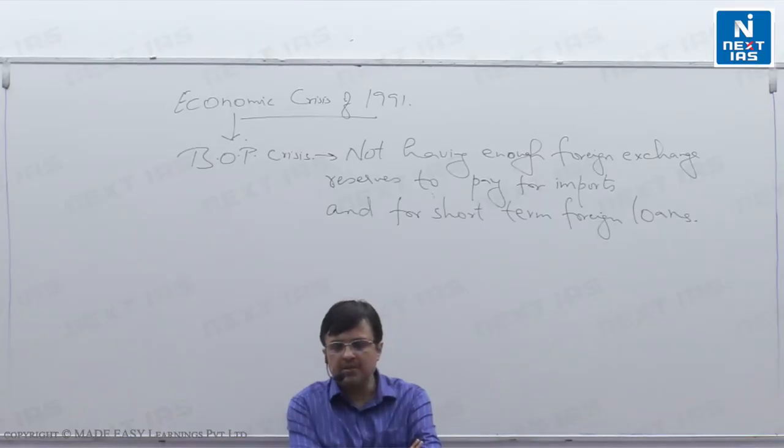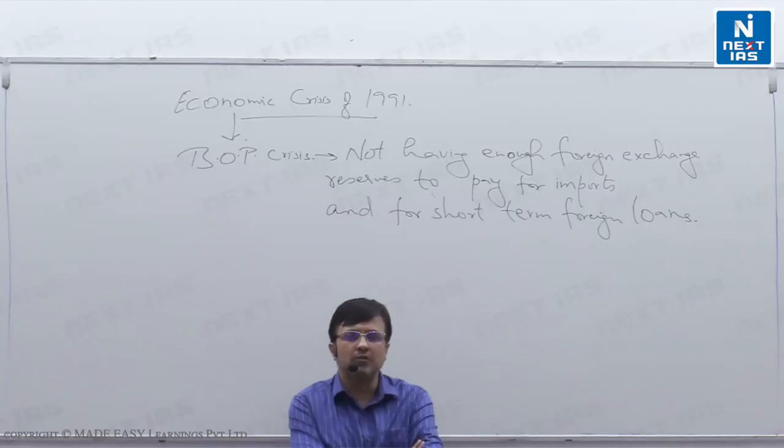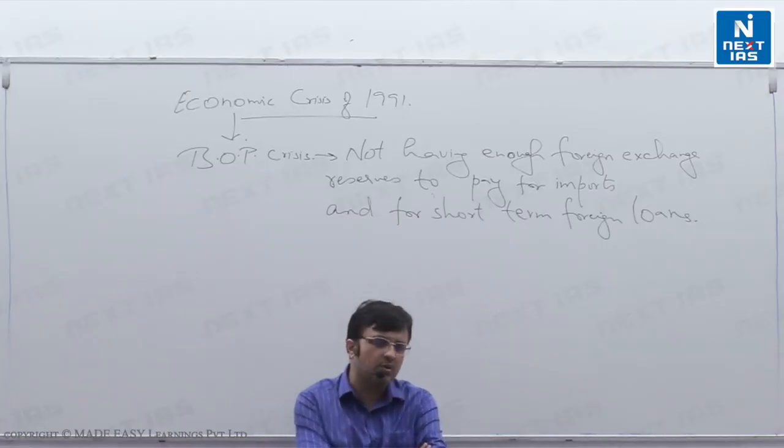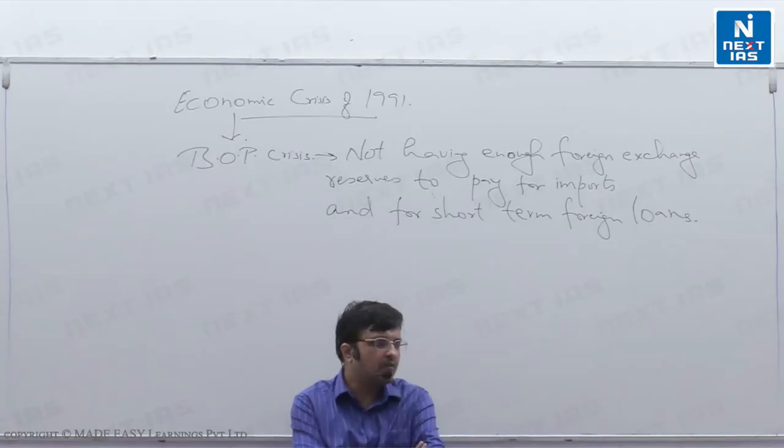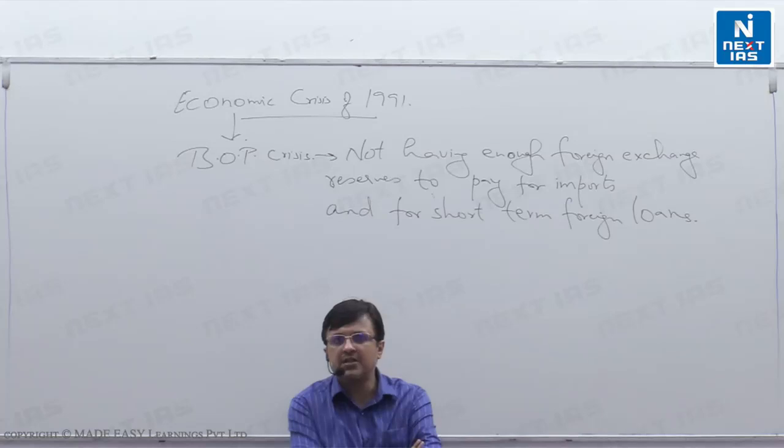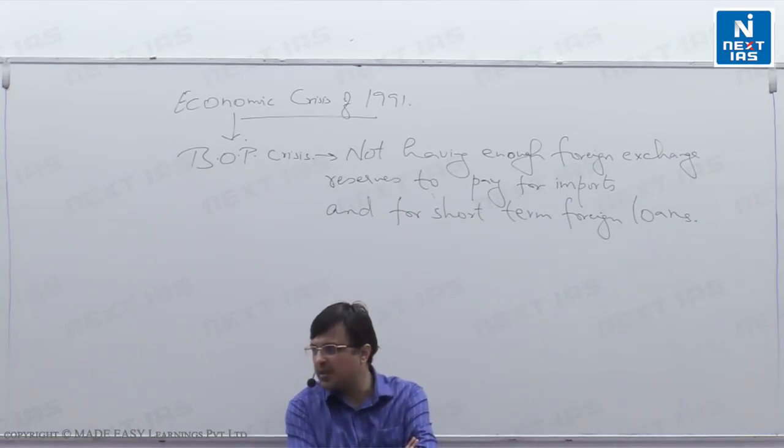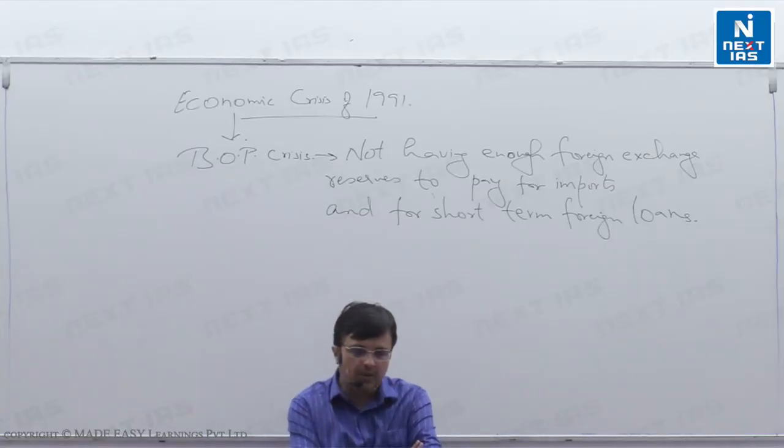And inflation picked up in 1990 due to Gulf War. Gulf War was the war between US-led forces of United Nations and Iraq, for occupation of Kuwait by Iraq. And that Gulf War meant that whole West Asia was now disturbed. And if West Asia is disturbed, that means oil price become higher. So that due to Gulf War,